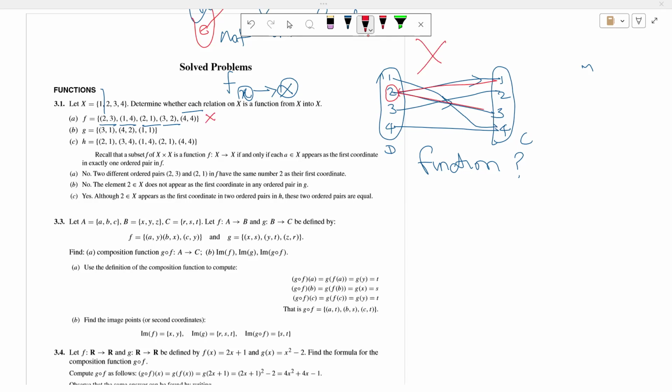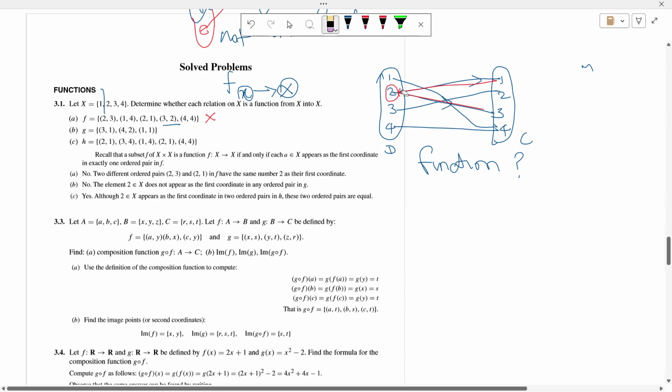Yeah, very good. We cannot have 2 connections. So it means one domain element does not have 2 different outputs, right? If it is that way, it is not a function, right? Maybe you can draw the diagram and find out. Other way,